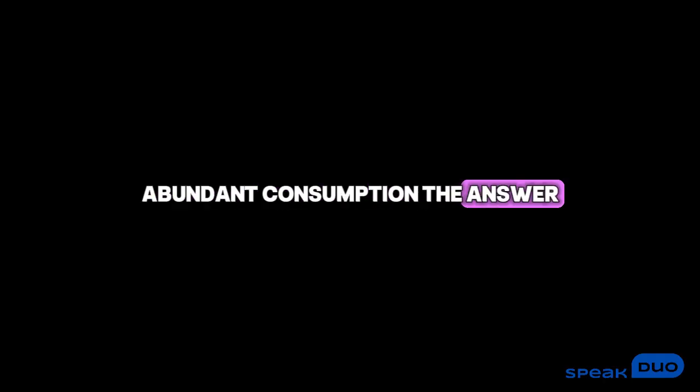Question 6 on to feast on. During the annual festival, the local community would gather to feast on traditional dishes prepared by the elders. The choices are option A, indulge in, option B, consume of, or option C, feast on. We want to capture that feeling of joyful, abundant consumption. The answer is option C, feast on. It implies that large quantity and intense enjoyment, painting a much more vivid picture.